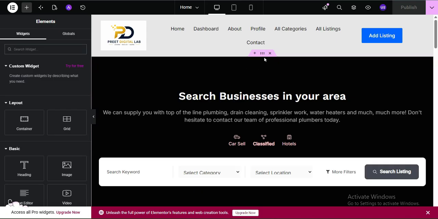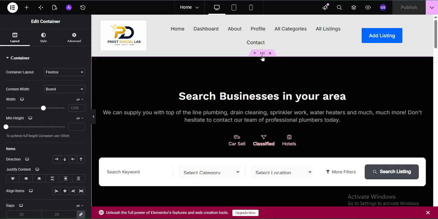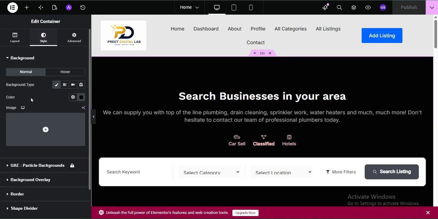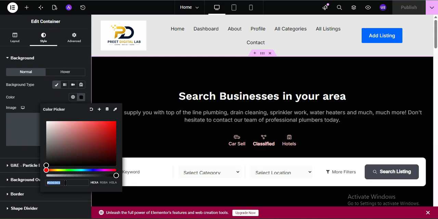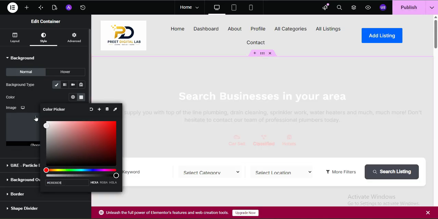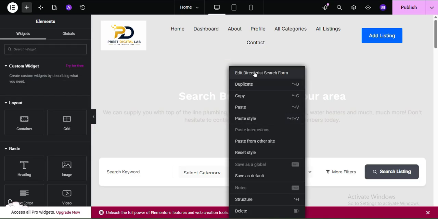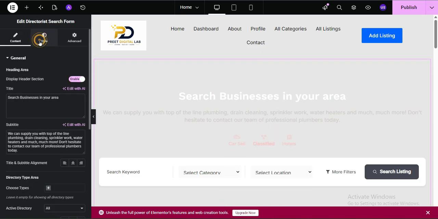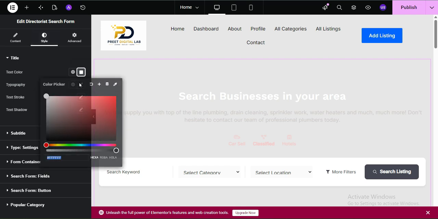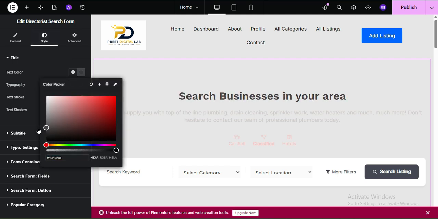Let me click in the middle. To change the color of a whole section, you always have to click in the middle, edit container, go to style, color, and paste here. Okay, now we need to change our text here and also all these things. Let's right click, edit directory search form, go to style, title color black,